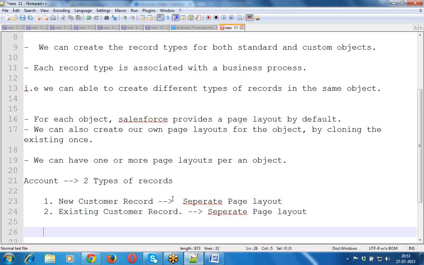When coming to the new customer record, let's take a sample organization, it may be any company. Whenever a new employee is joining an organization, the HR people perform the joining formalities where they collect the details about that new employee: his personal details, contact details, education details, past experience details, professional details, reference details, everything during the joining period.